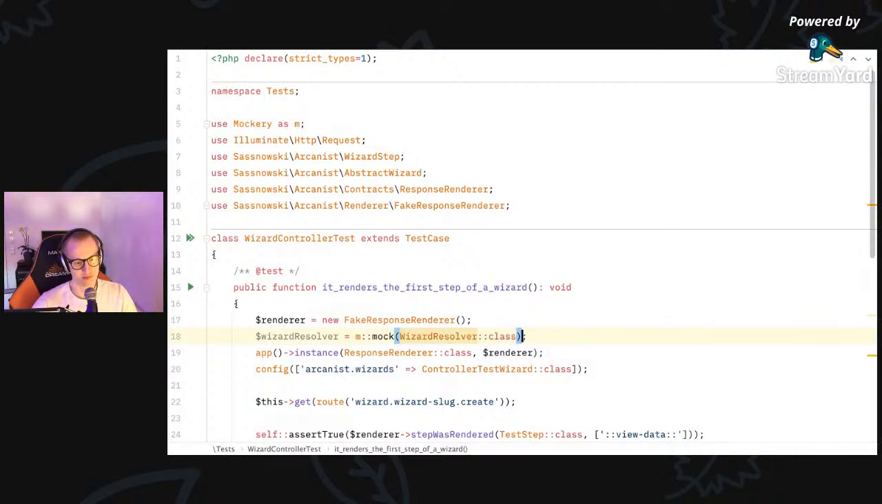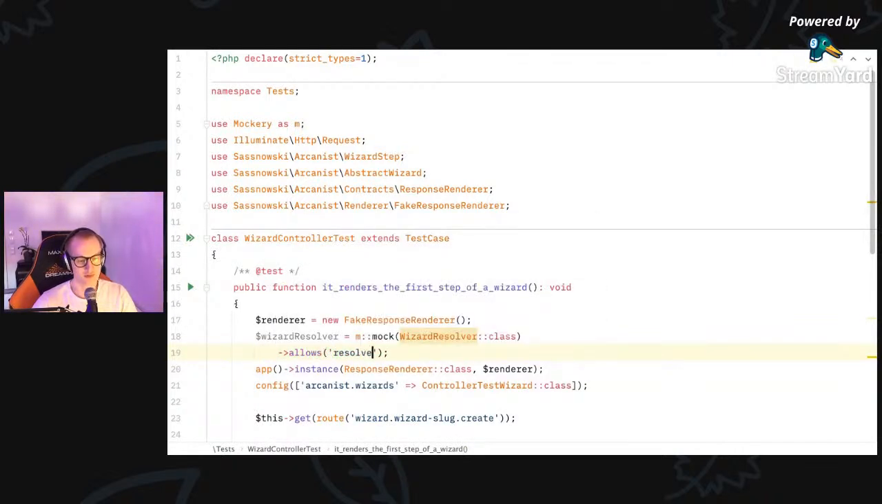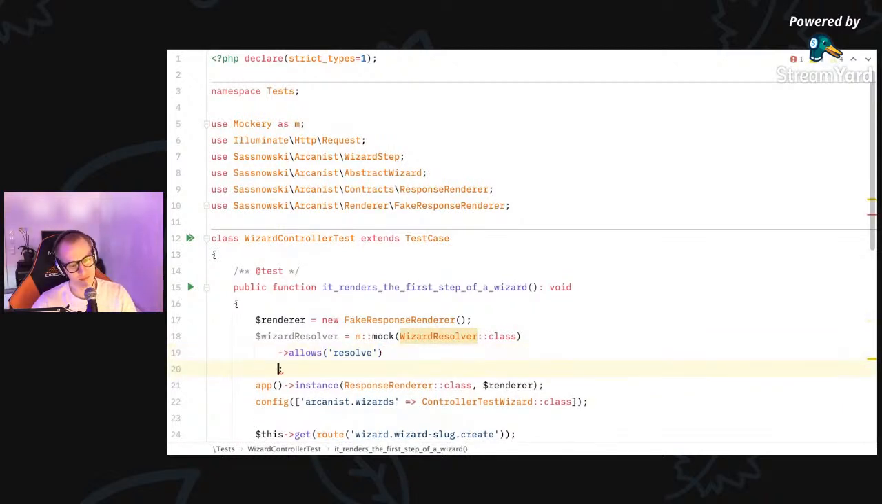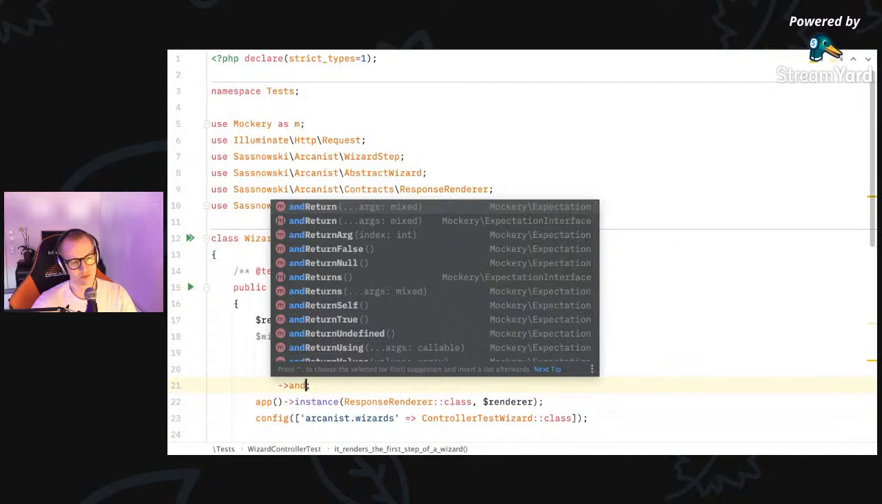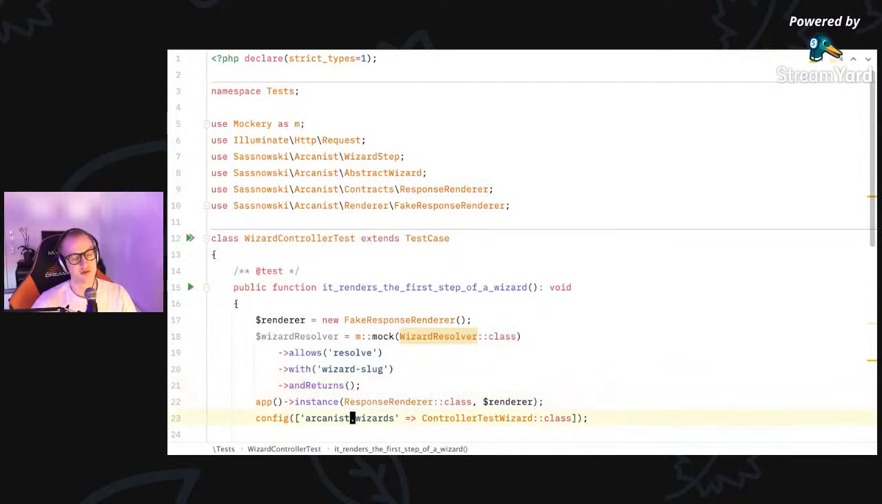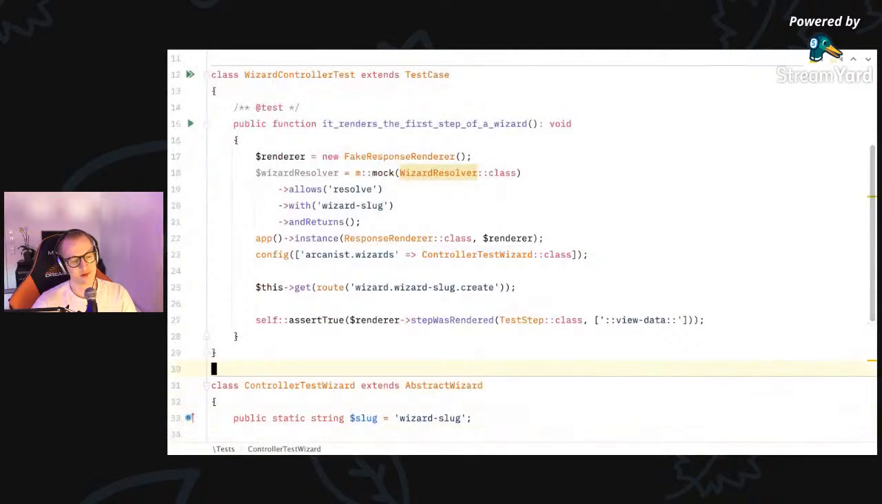That if I call it, it allows like, I don't know, resolve by slug maybe? Is there any other thing you could resolve by? No, it's just resolve. It allows resolve with the particular slug and returns. Now what does it return? If I want to get rid of this,